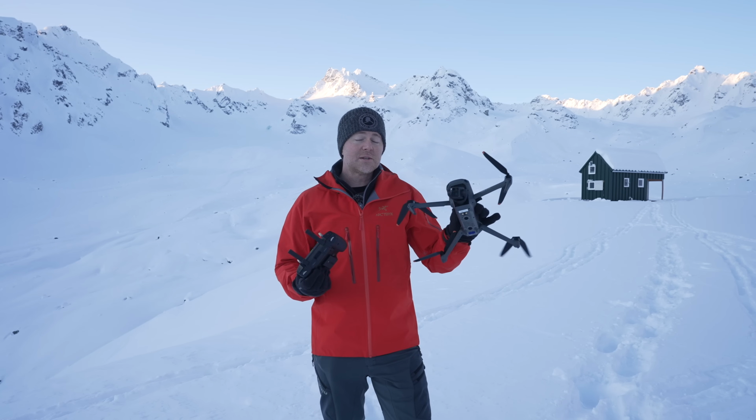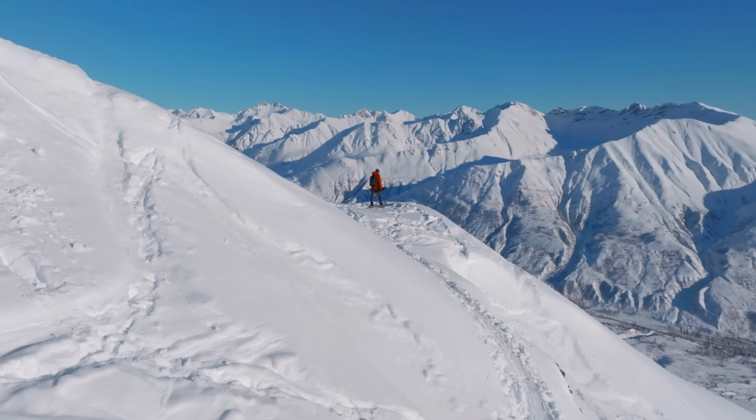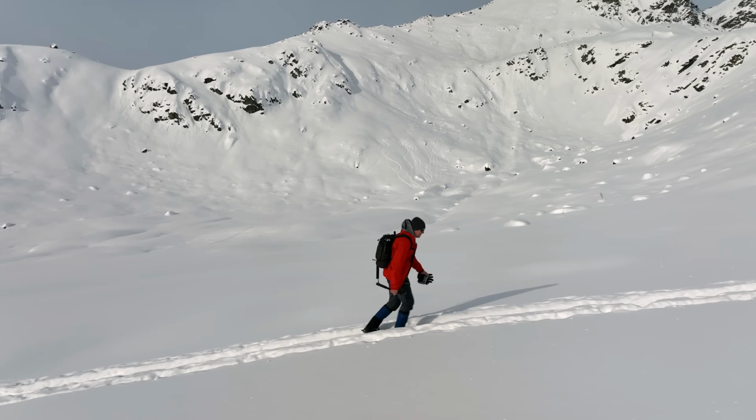Today I want to show you a really simple way that you can get some really creative shots if you're filming yourself with a drone while you're also doing an activity. It's not active track, it's something else. Now, active track is a great feature and I use it a lot, especially when I'm doing things out in